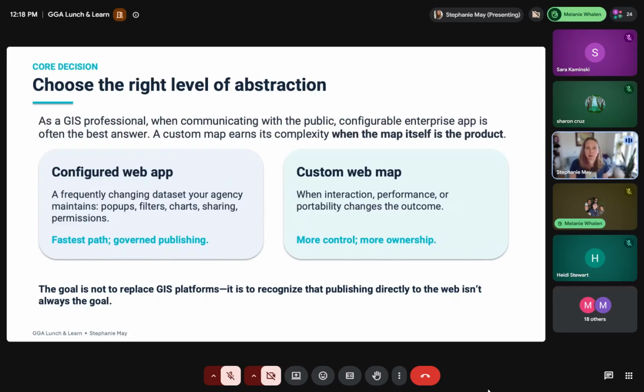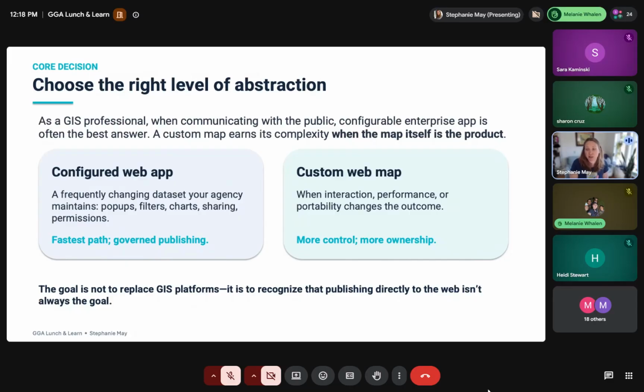One thing that's fundamental: I teach Esri tools every day. They're really great on so many levels, and they're great for teaching students because it's the full package, and you can teach them everything, including Experience Builder and ArcGIS Online. So one of the first questions I would have if I were you is: when would I actually want to use some of these open source web mapping libraries versus just ArcGIS Online and Experience Builder for something that I'm going to put out on the web for the public?